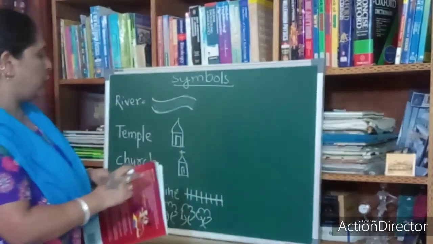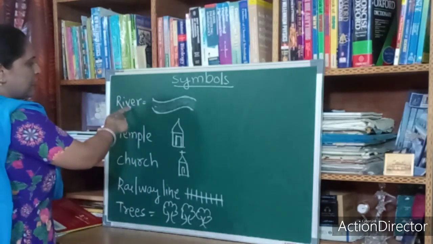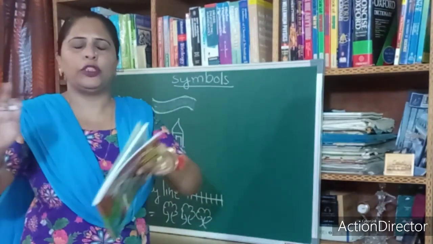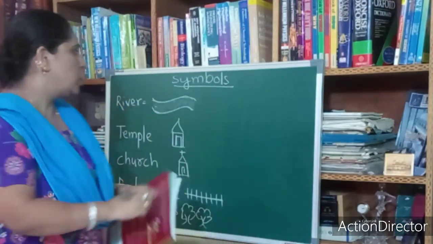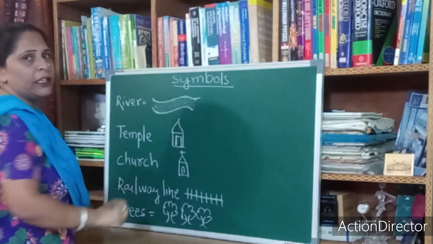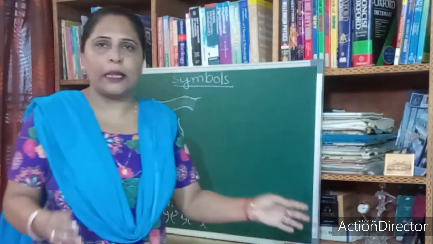Now all of you see the board. Suppose there is a river. You cannot actually paste a river, or draw a river, on the map, so it is represented like this. This is a river. Suppose there is a temple in the area. In the map, if you see a temple,